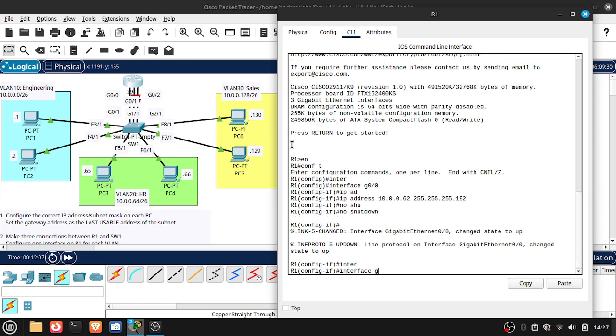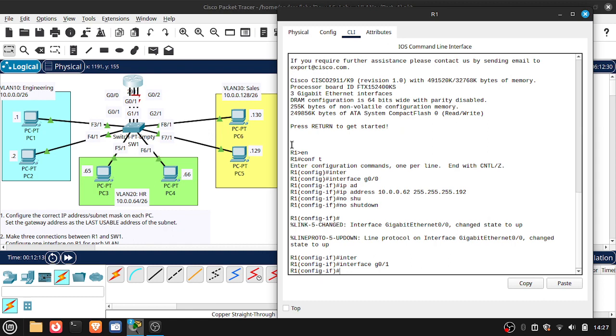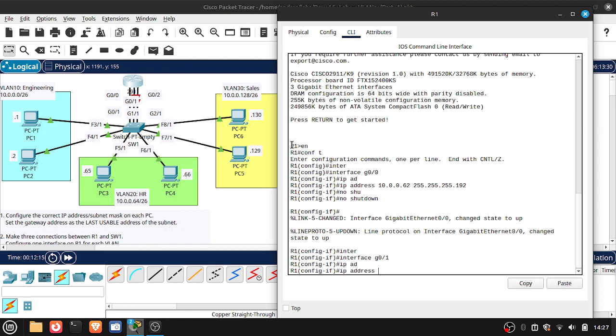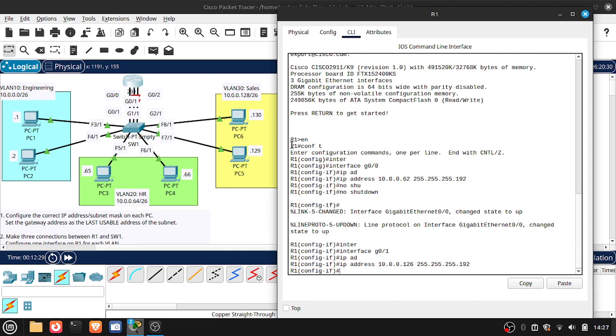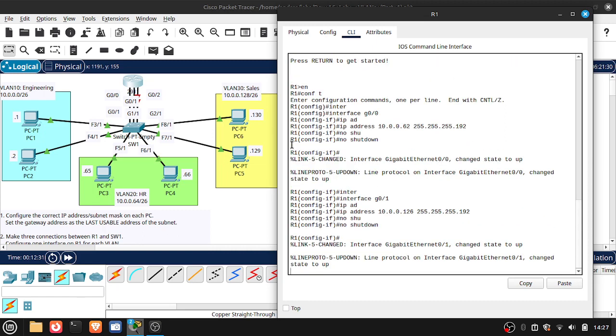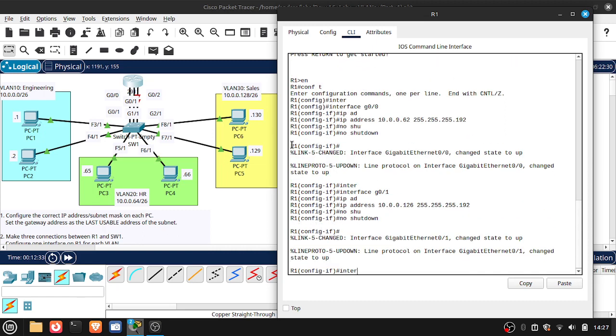Interface gigabit 0/1, IP address 10.0.0.126, subnet mask 255.255.255.192. Now no shutdown. Okay, the last interface